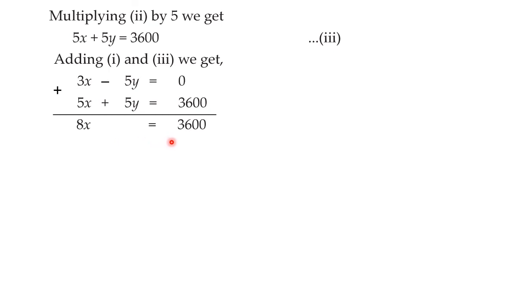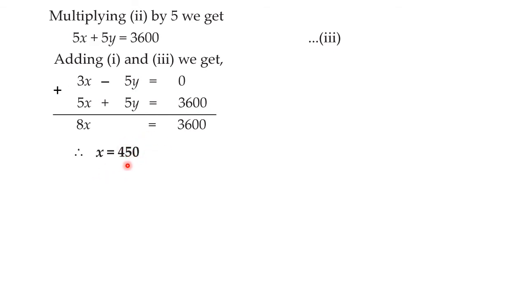So 8x is equal to 3600. And from that, x is equal to 3600 divided by 8. And when we divide, we get the answer as 450. Okay, you can simply do it orally also. See, 8 4s are 32. Then 4 left out, then 40, then 8 5s are 40 and then 0 as it is. Easily you can do it orally.